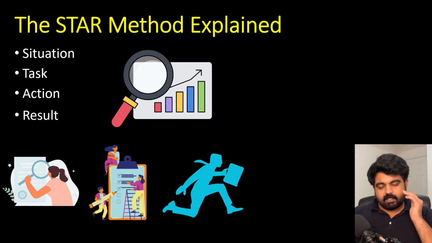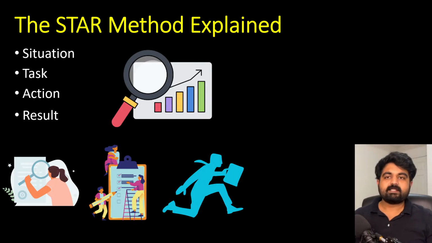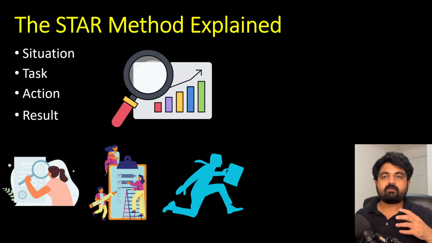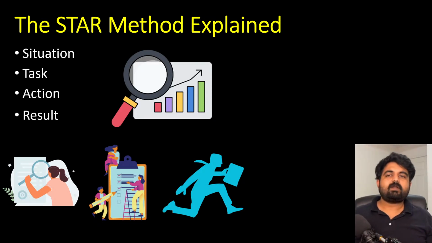So for behavioral interviews, the questions are going to be situation based. I already explained that. Maybe a question can be, tell me a time when you had a disagreement with your manager, how did you handle that? If that is the question, and I just start giving random gibberish, if I first say what the final result was, then I say what work was expected of me, then I say what the situation was, then I say what the manager wanted me to do and what I wanted to do, it gets jumbled up. It gets spaghettified, and then it becomes really difficult for the interviewer to follow what is happening and